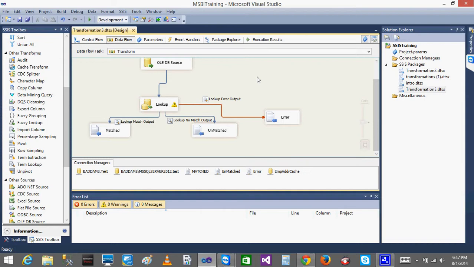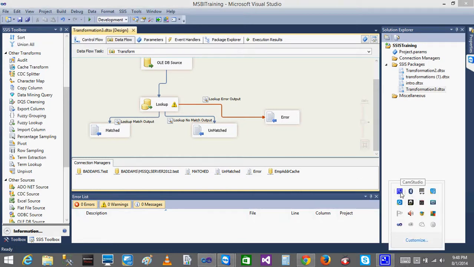Some scenarios are where many people are using the same lookup and that lookup takes a long time. See here, since I have only 2 records in the lookup table, there is no use for me to create the cache, because it is anyway milliseconds. So nothing to worry about. If it takes more than 10 times, then you might think about this. Okay, so this is a scenario where you are going to use it. So we are good. If you have any doubts with the cache one, you can ask me.